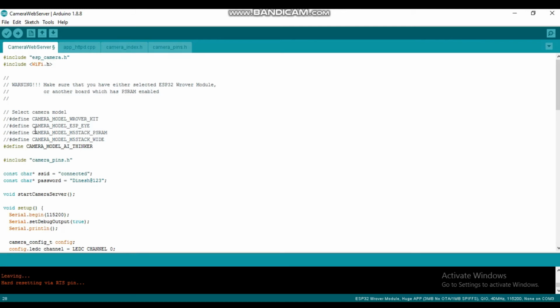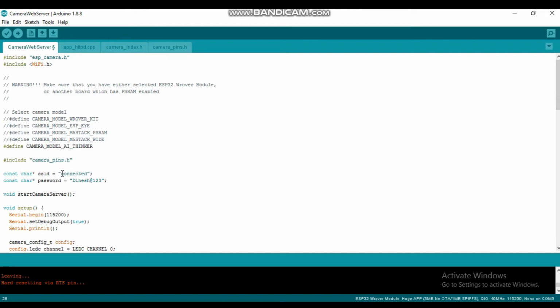My board's model is AI Thinker, so I have selected this definition, define camera model AI Thinker. If you have another model, then select according to your choice.